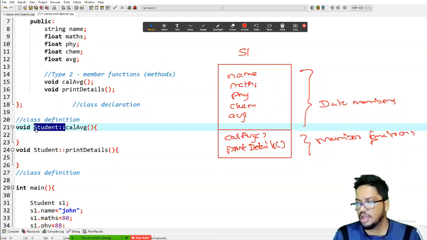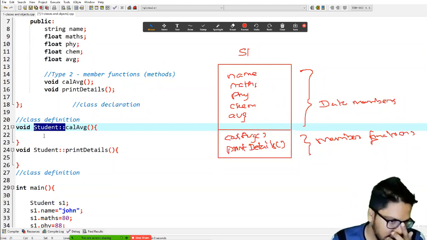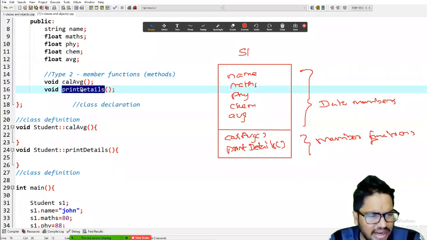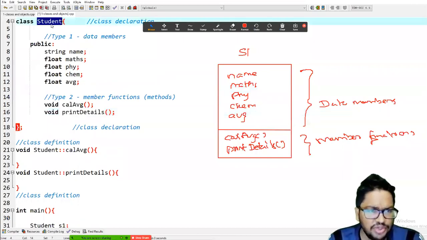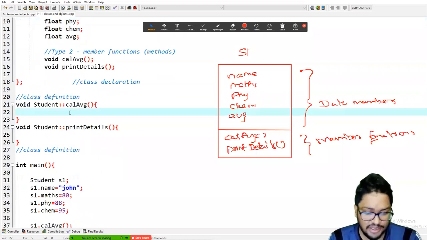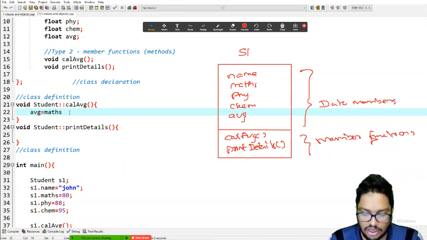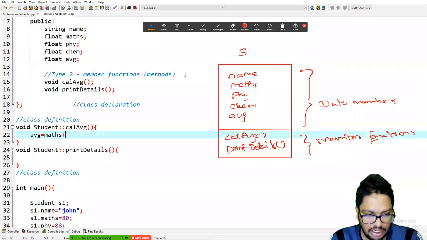Okay. So then the other thing is that cal average and print details are member functions of student, right? So what we can do is that these functions have the capability of accessing the data members, right?